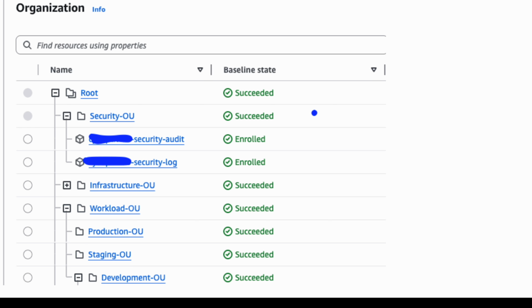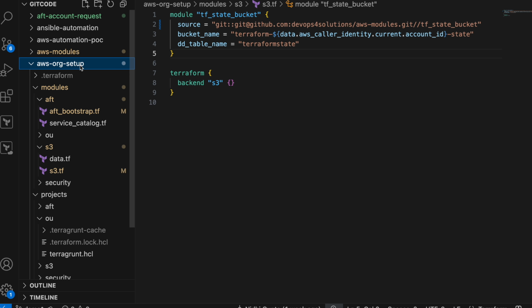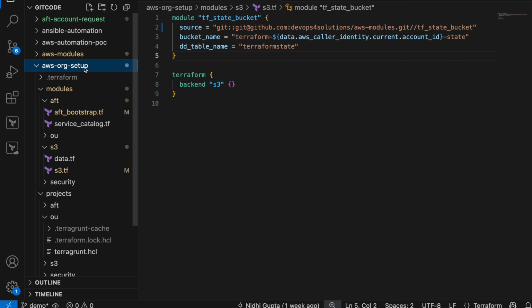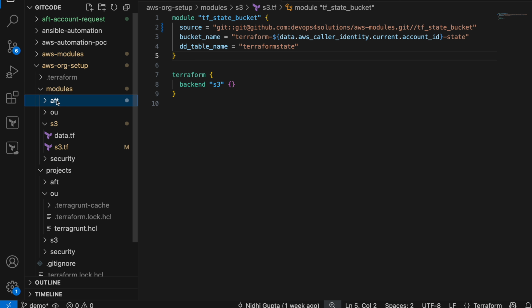So to start with, we have our root account right now and we need to create all these OUs. So how did I start working on this using an automated process? This is used to create any resources which are required at the root account level, which would be very few, but there are a few resources that you have to create. First, to create any resources and manage your Terraform state file, you need a Terraform S3 bucket.